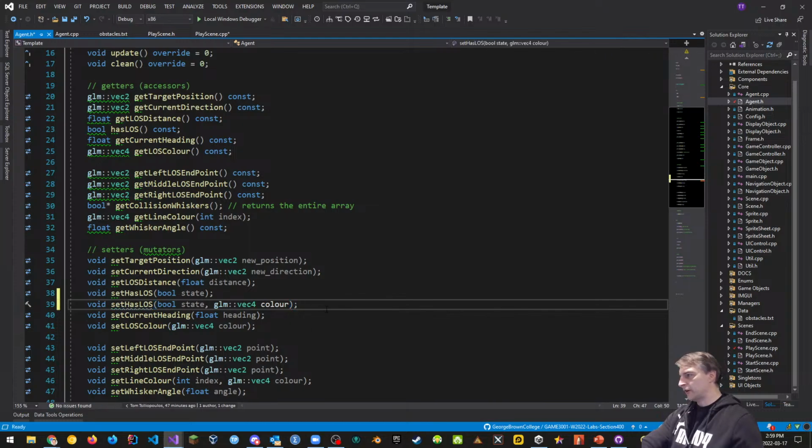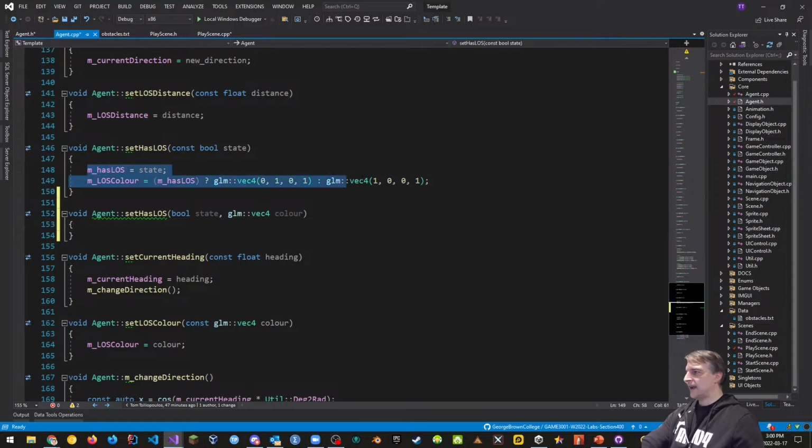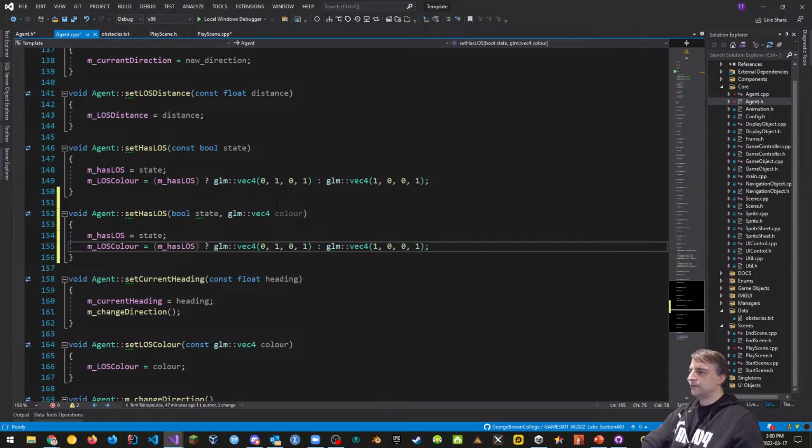That's the new function we're going to write, and that's inside of the agent.h, because I'm adding another overload for us so we can add in a color. We can specify a color to set has line of sight. All right, I'm just going to make it neat. So now what I want to do is generate the implementation, which is this, and it's going to be the exact same as this. Again, there are other ways to do this, obviously, but instead of passing in whatever the color value is, so this is our RGB, and this is red, I want to pass in this value here that's going to sit here.